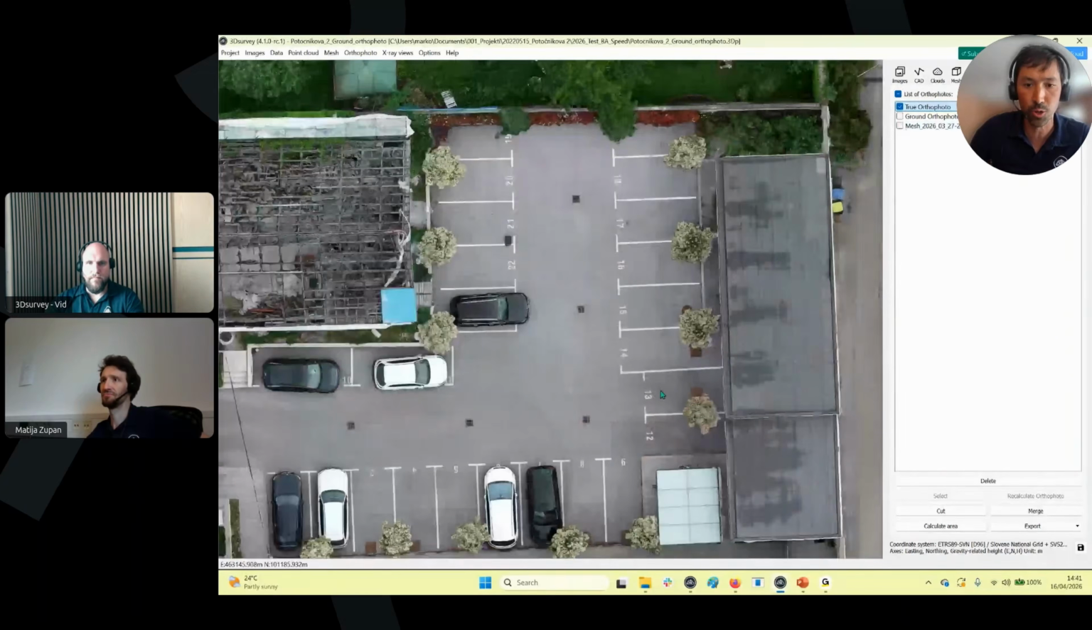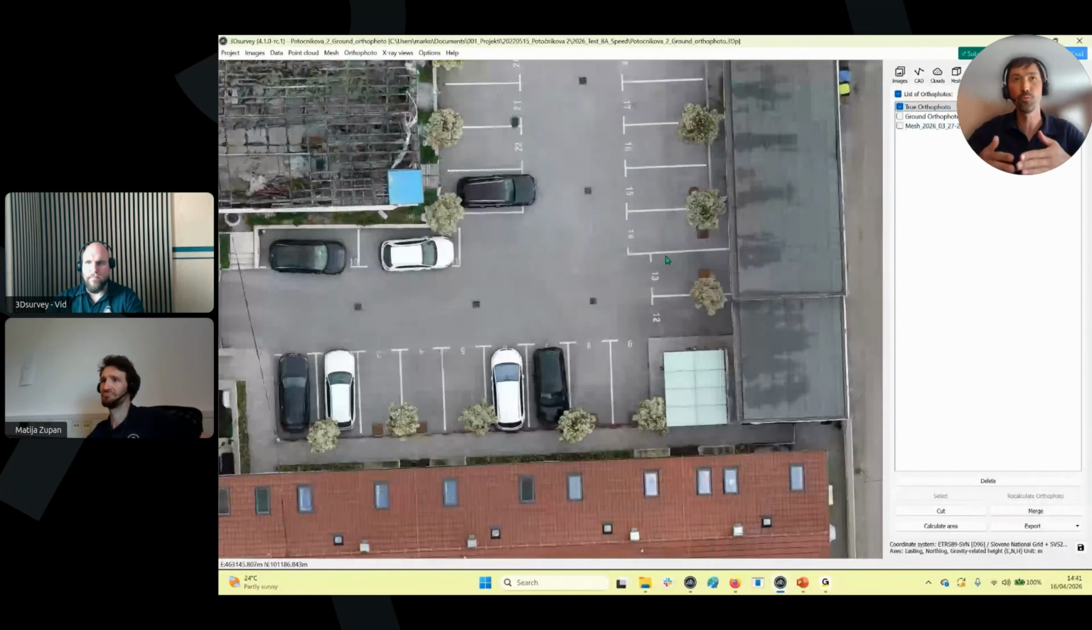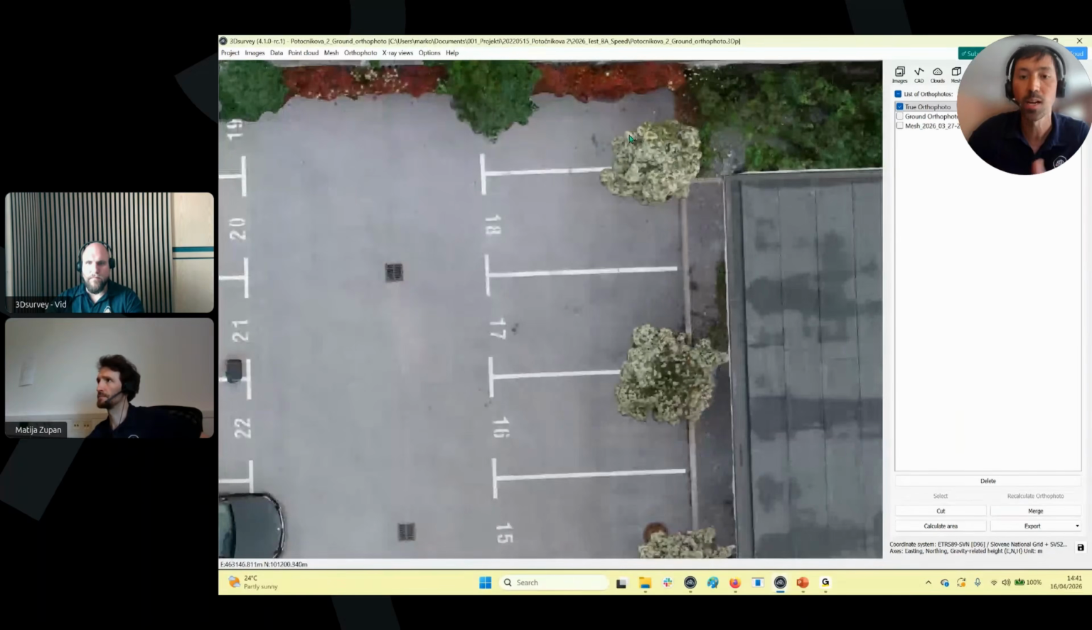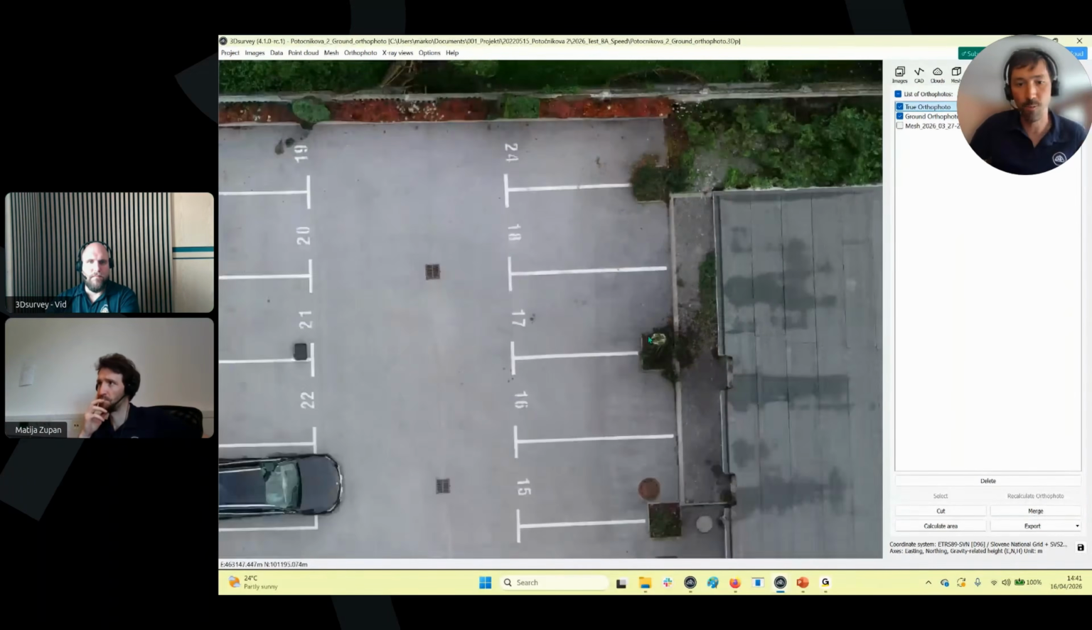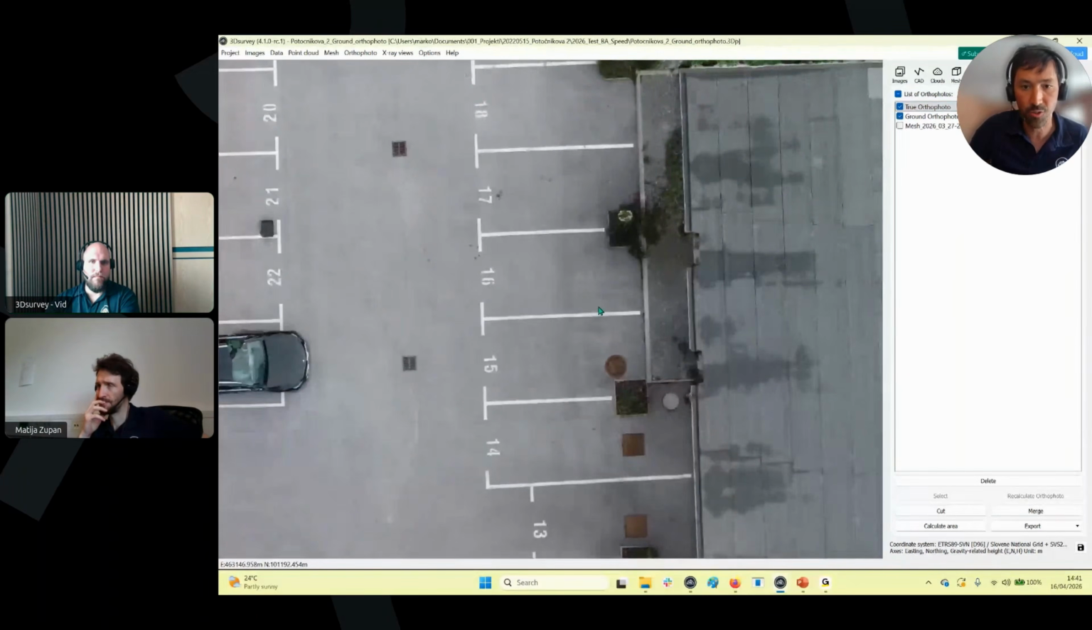So this is the true orthophoto where all the roof positions are on the right spot, where all the vegetation, cables, and everything is on the right spot. But in some cases, we cannot see what's under, let's say, a tree or something like that. And with the ground orthophoto, we eliminate